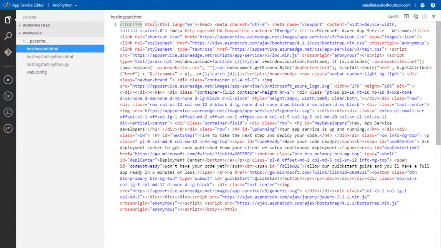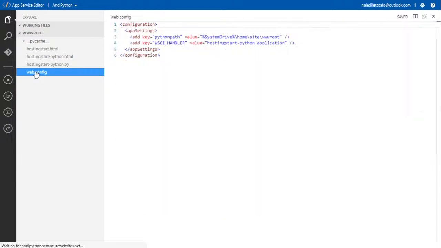And then I come here to hosting.html. There's a web config file, which is great, letting me know what kind of environment it is. That's usually what your web config file has. So it is a Python path. So this is how I would then get to Python in this environment.